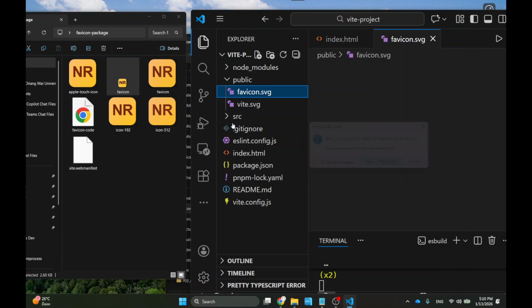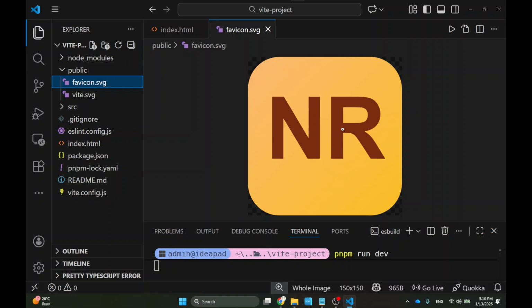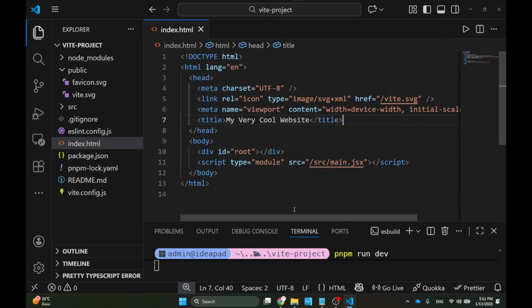Okay, so I need favicon.svg, and also, you can see something like this. SVG is a vector graphic, so you can blow it up without it getting pixelated, okay? So once you do this, now we can change the index.html one more time, and you see this one,